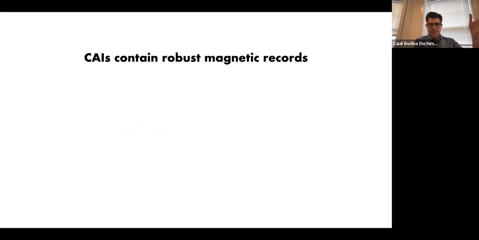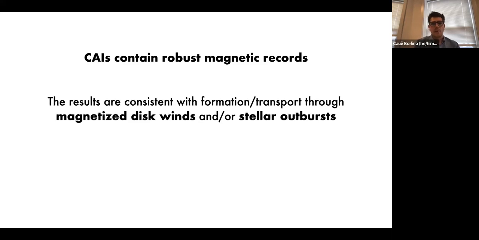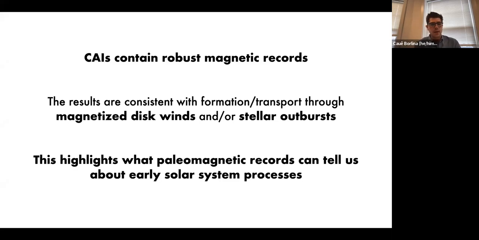But to me, what kind of summarizes the CI part is that the CIs contain robust magnetic records, something that hasn't been explored in paleomagnetism. So I think there's a very exciting direction to pursue here. And most important, those results seem to provide insights about what was happening in the early solar system, suggesting that either magnetized disk winds or stellar outbursts were present at that time. And overall, this highlights how we can use paleomagnetic records from CIs, which once again have been extensively studied in mineralogical processes and isotopic studies, but we haven't really looked at from a paleomagnetic perspective. And it can tell us about early solar system processes